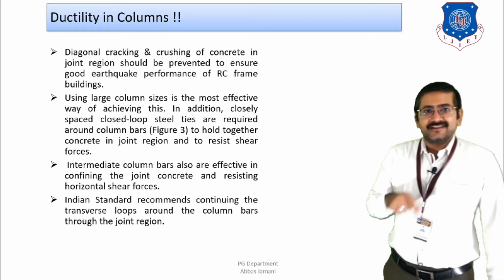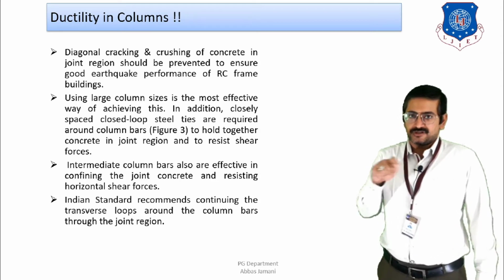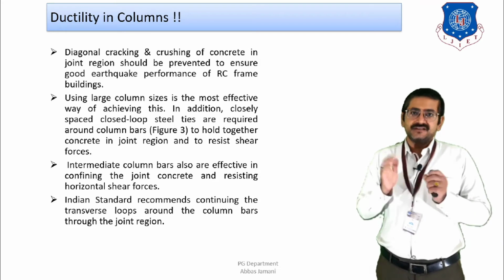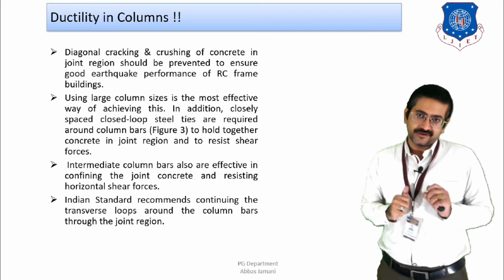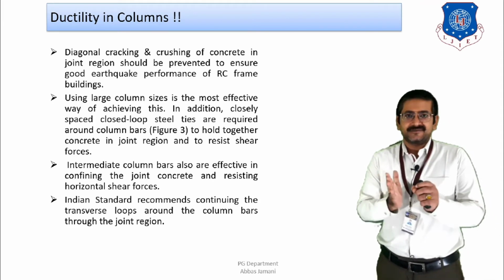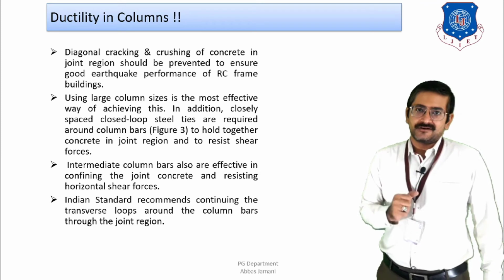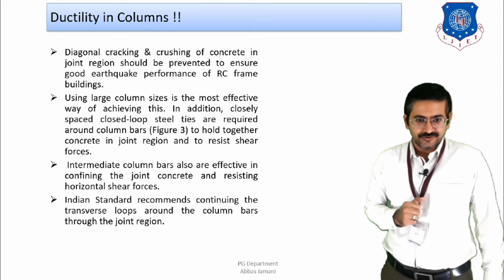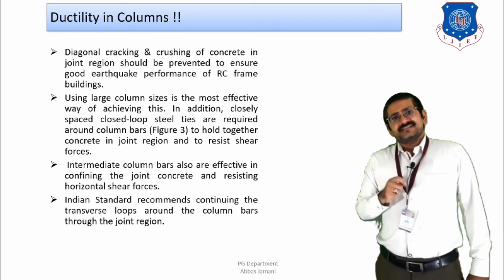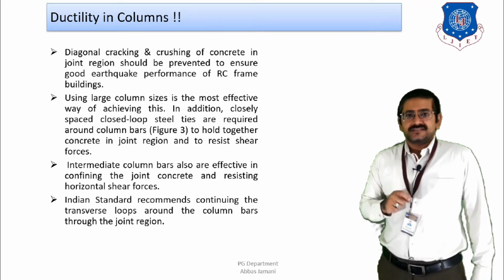Right? And the confinement is going to be by two factors. First is the provision of transverse reinforcement. Second is the provision of intermittent bars of the columns. These will also help in confining the concrete section. And once this is achieved, the shear capacity of the section is going to increase, and it will be better able to resist the shear forces that are going to be there. Right? So the Indian Standard Code, that is IS 13920, is suggesting that the transverse reinforcement or